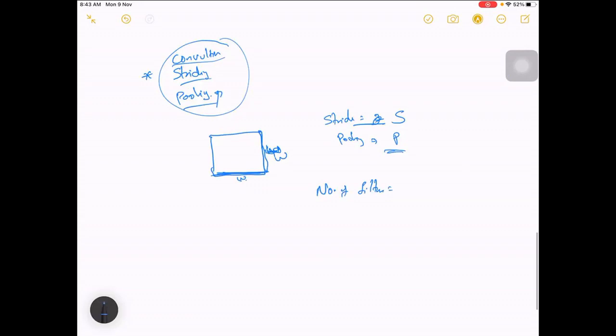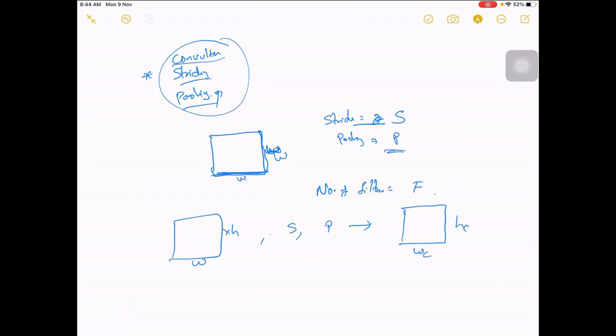If it is F, then you have W into H, though H doesn't matter, we are just discussing separately. It will form new coordinates, just as we discussed before.